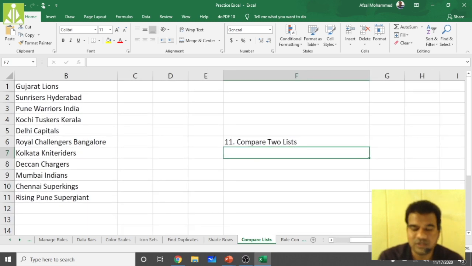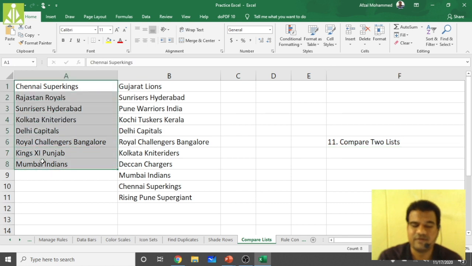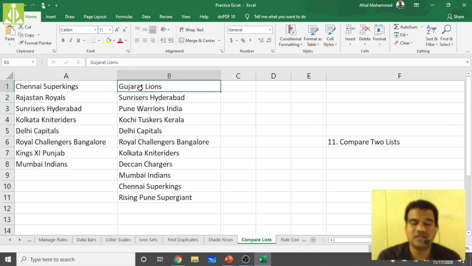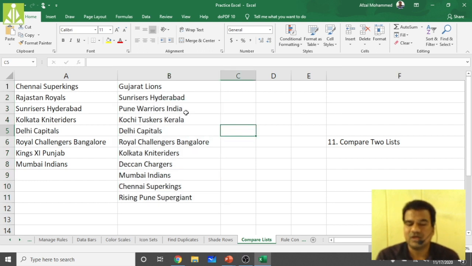These are the new teams which participated in the 2020 IPL, and these are the names of all the teams so far in the IPL. Gujarat Lions, Rising Pune Super Giants and Pune Warriors India did not participate in the 2020 IPL. So these are some of the old teams, and these are the actual teams.